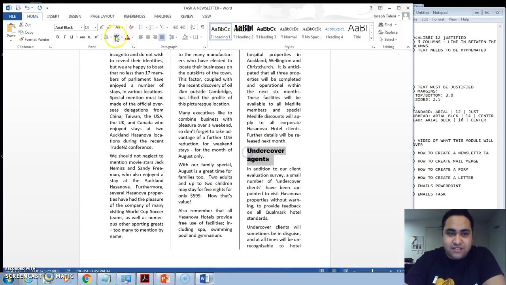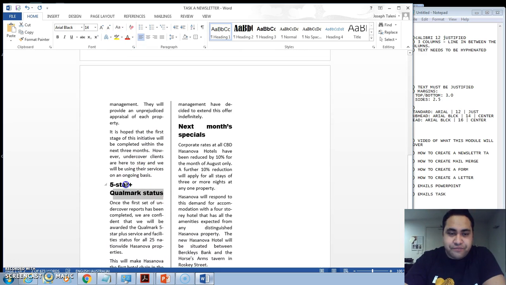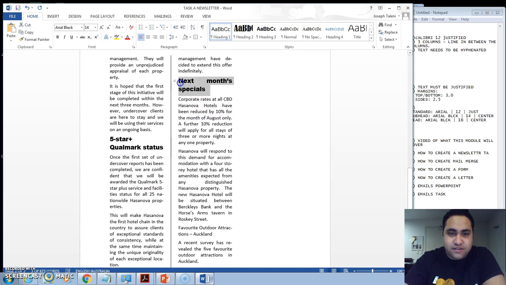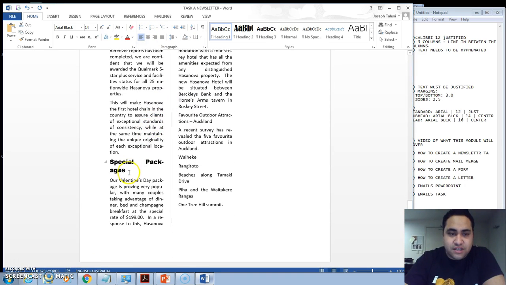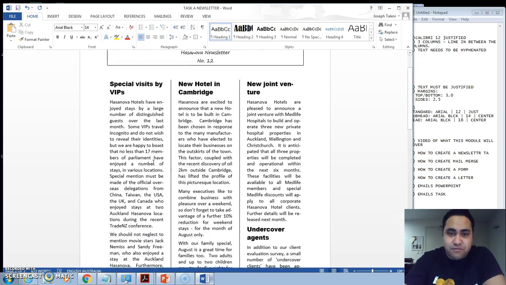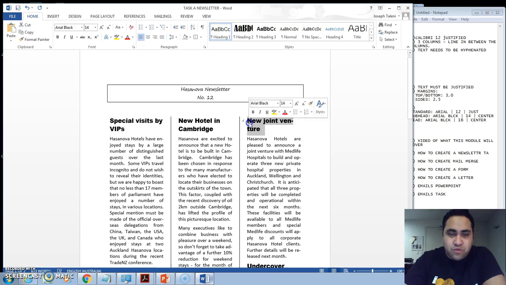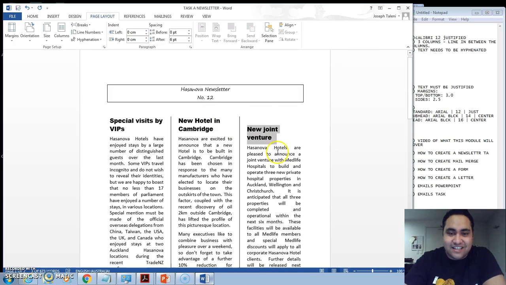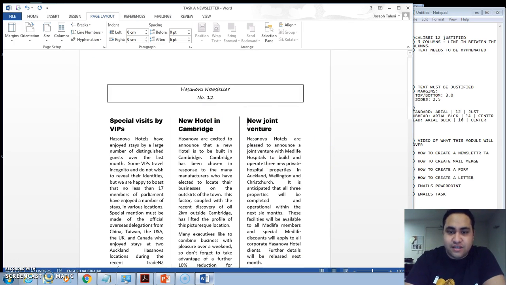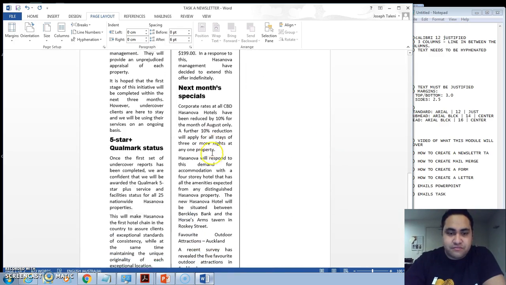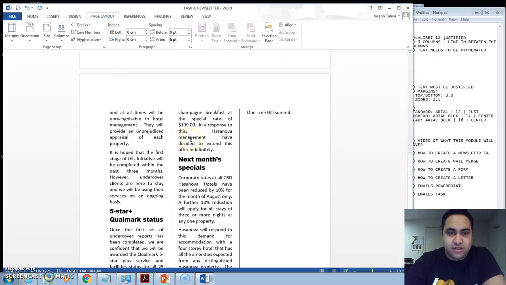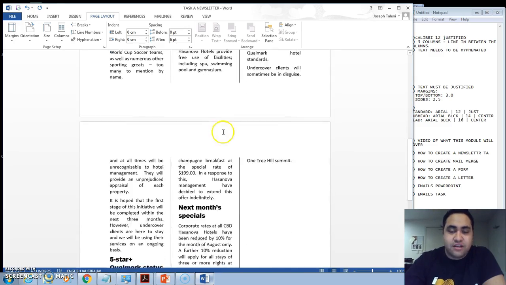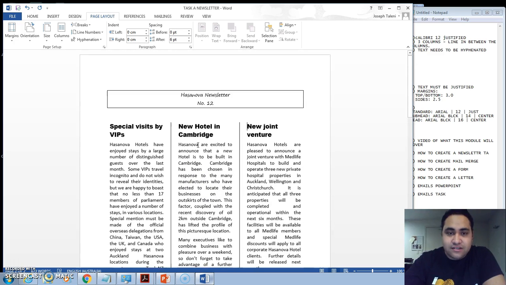You'll notice by left aligning some of these headings, you've got more hyphenation going on as well. So I'm just going to go back here, next one, specials and special packages. Just by left aligning it as well, you'll notice that it looks a little bit more tidy too. We're going to get rid of these hyphenations as well for this section here. Okay, so no more hyphenation going on here. Okay, so that's our subheadings done,